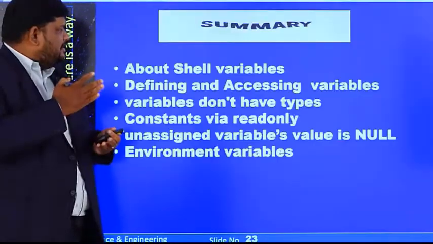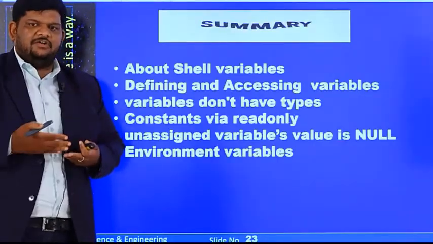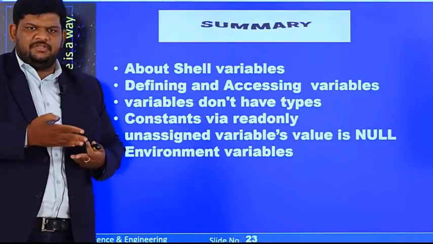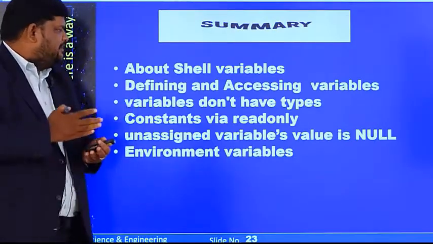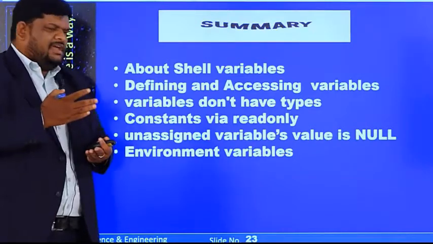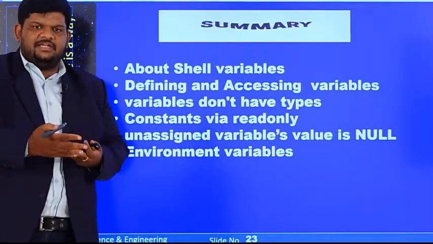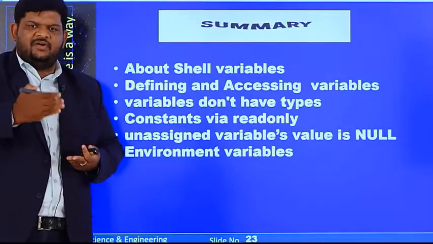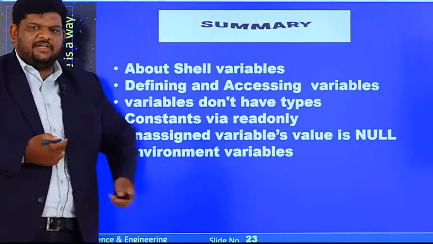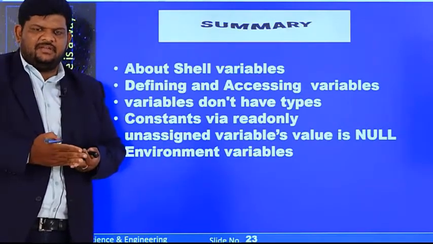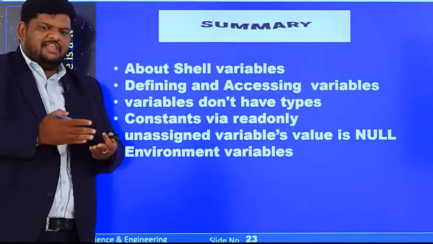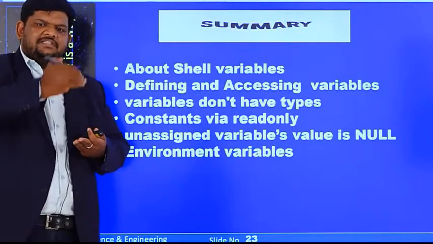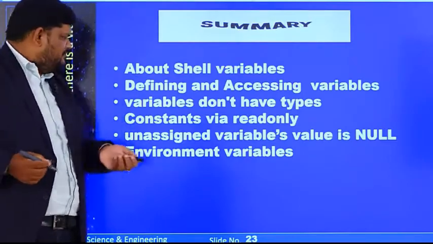To summarize, we have seen the introduction of variables and the types of variables: local variables or predefined variables, environmental variables, and shell variables. We have seen defining and accessing variables, how we assign a constant value with the help of the read command, and how we unset a variable which is already declared with the unset command. And we have seen that environmental variables have to be written in uppercase letters, what environmental variables there are, and how we list out all the environmental variables with the help of the env and printenv commands. So we have seen all these things.